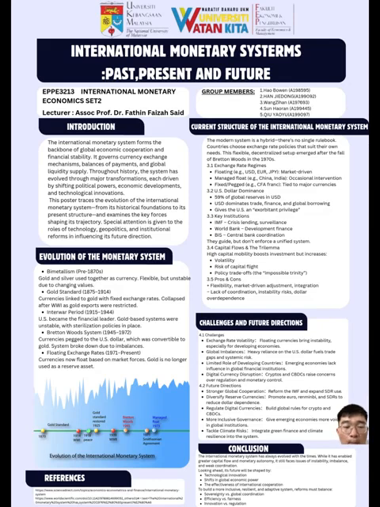To make the system more balanced, third, we must develop clear global regulation for digital currencies to reduce risks and ensure fair use. Fourth, it's time to reform international financial institutions to give developing countries a stronger voice in global decision making. Finally, as the world faces climate change, we must also include climate-related financial risks in future monetary planning. If we take those steps, we can build a more stable, fair, and sustainable international monetary system for the future. Alright, that's all.